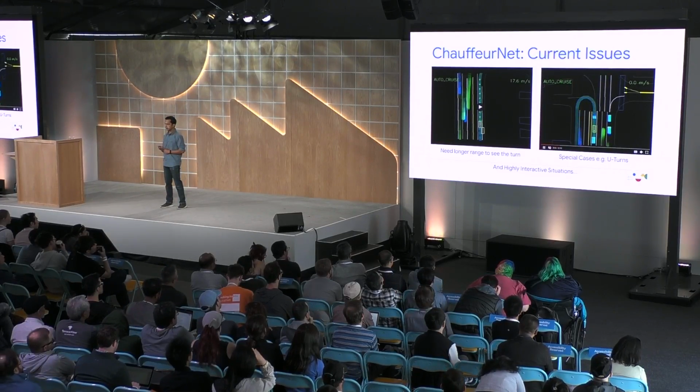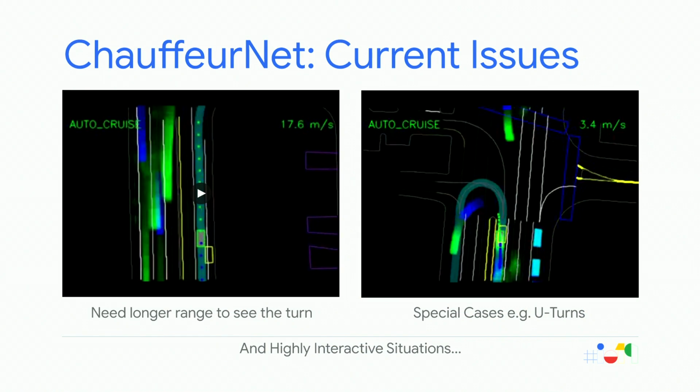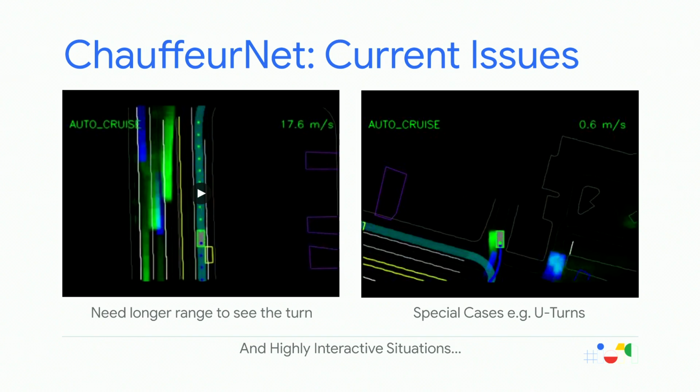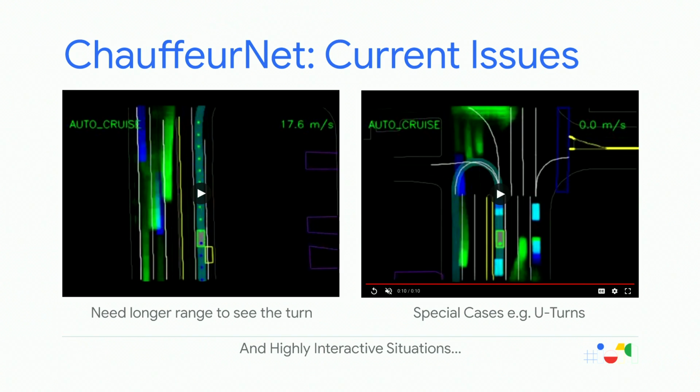So in this case, the agent, which is the green box, will again try to execute the route, but will fail to do so. The yellow box was the box in the log, which correctly did this maneuver as expected. And finally, lots of highly interactive situations which we encounter every day during driving. For example, during lane changes and merges, those all involve a lot of social interaction, for which the net really needs newer features, for example, to be able to use reinforcement learning or a real simulator where you can simulate these interactions.